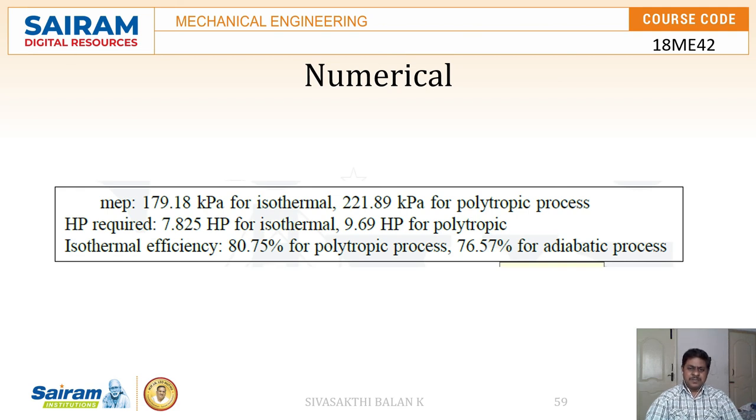That's all guys, it's very simple. Now you practice, and if you practice it will be easy for you to understand. There is nothing to confuse here. If you follow the step by step procedure which we have discussed in the earlier stage, it is easy for you to solve any problem with respect to reciprocating compressors.